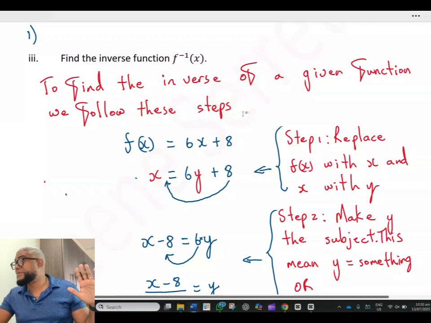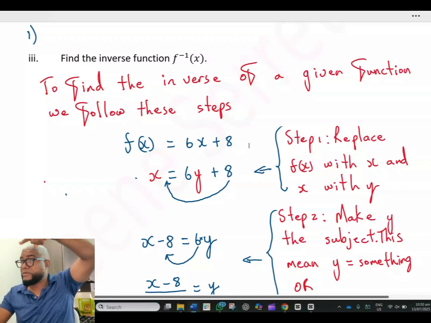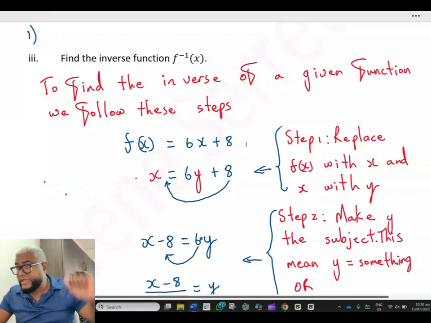Step 1. Everybody clear with step 1? Raise your hand if you're clear with step 1. We're trying to find the inverse of a function. You good there, brother? Right? You good too? Right. Right. Everybody online raising their hand. Aiden,